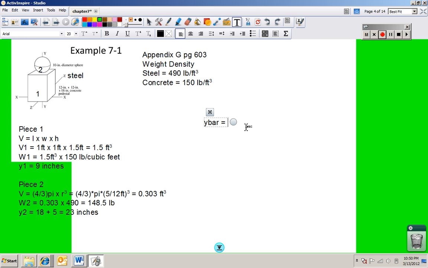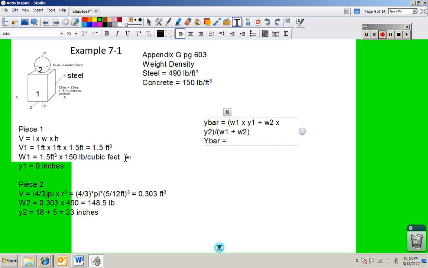Okay, so now if we want to find y bar, it is going to be equal to W1 times Y1 plus W2 times Y2, that whole quantity divided by the total weight. Okay, and so that makes y bar equal to,